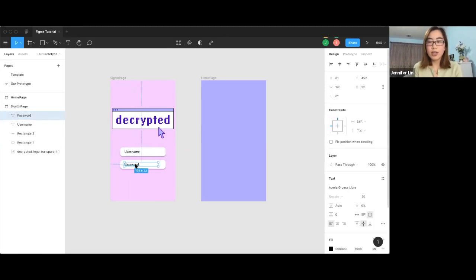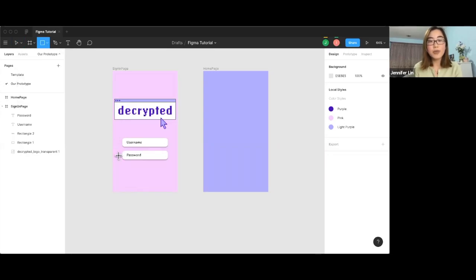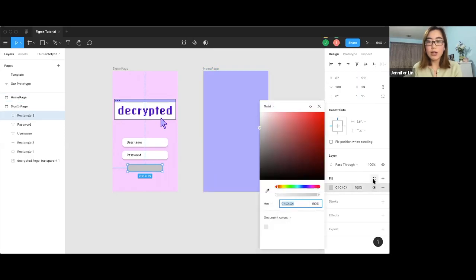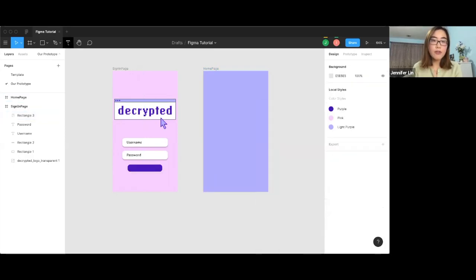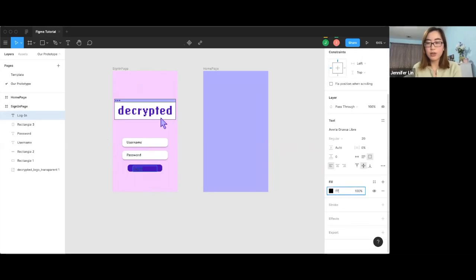For the text, you'll see that in the properties panel, an additional section is shown. You can change the font size and the alignment of the text. This is really useful to format the text. The next thing we can do is add another rectangle for the login button. Let's make this login button about this big, and then same thing, let's add some rounded corners to it. Let's make this button the purple color. And then for the button, let's also add a text that says login. To change the color, again, we can change it using the fill property, and then that looks good for